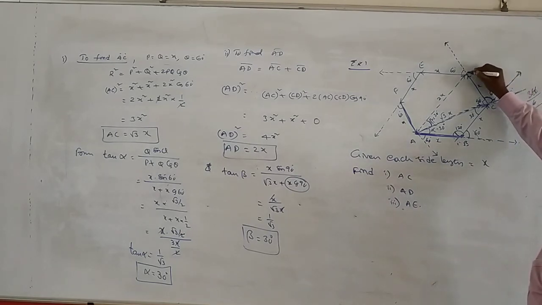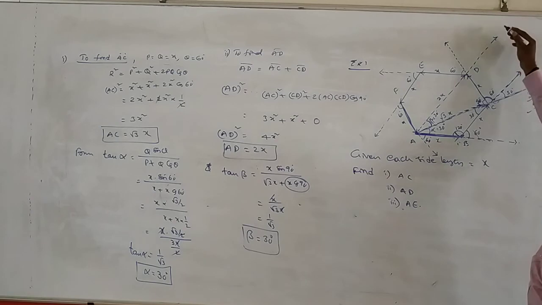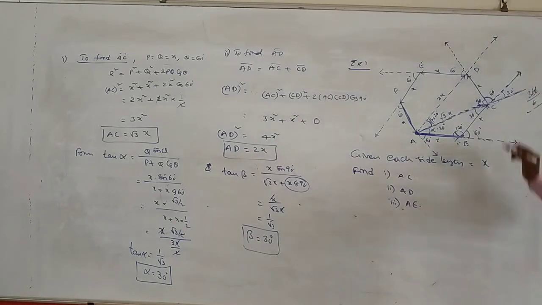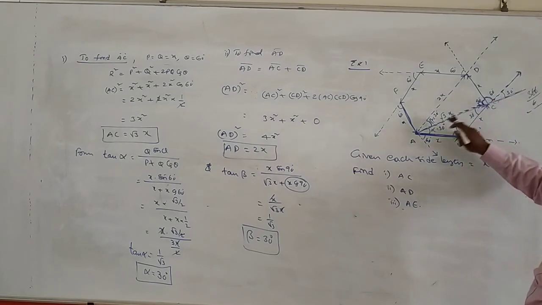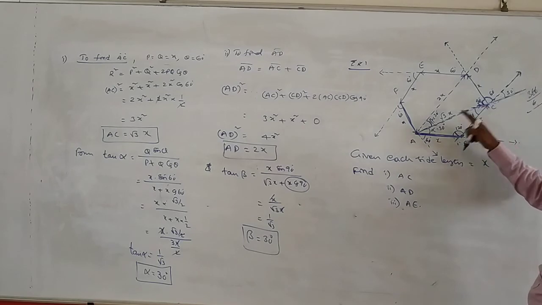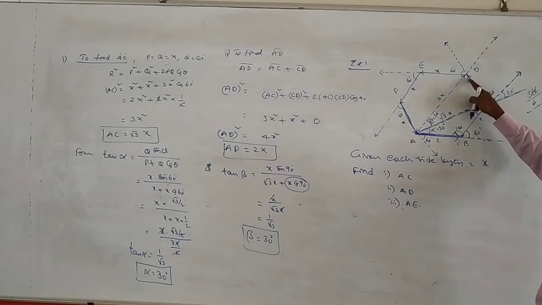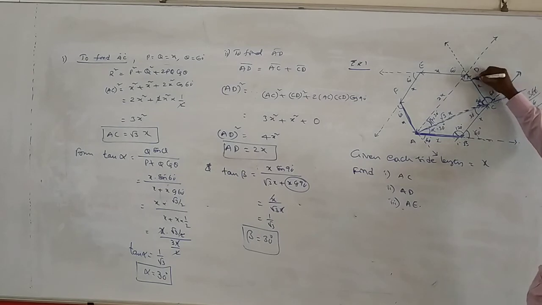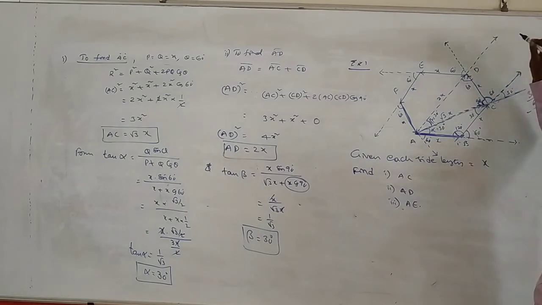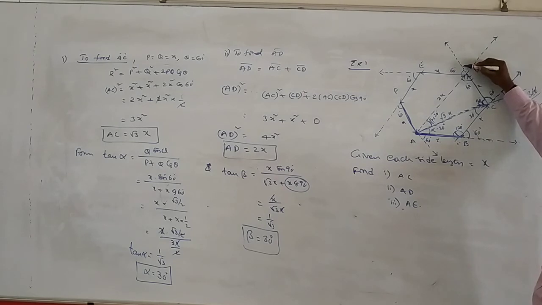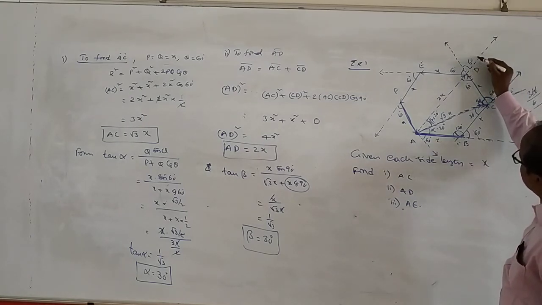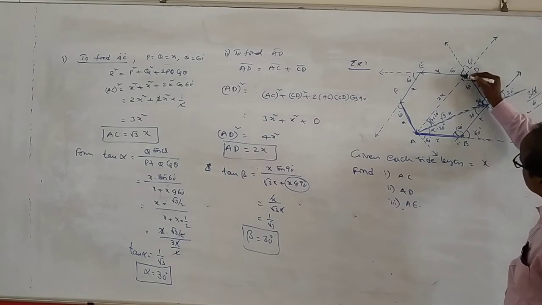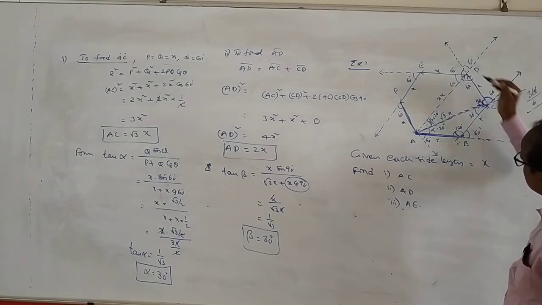And here, this is the resultant vector. Here this angle is equal to 90, and this is 30. 30 plus 90 is equal to 120. The sum of these three angles is equal to 180. 180 minus 120 is 60. So this is also equal to 60. Right? And this is 60, 60, 120. The total angle is equal to 180. 180 minus 120 is also equal to 60.